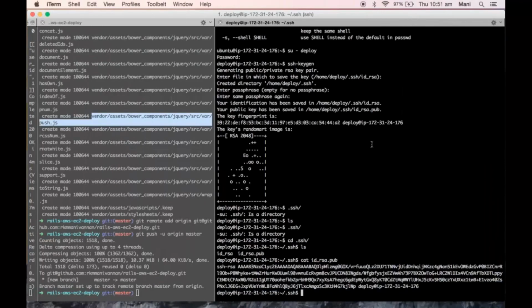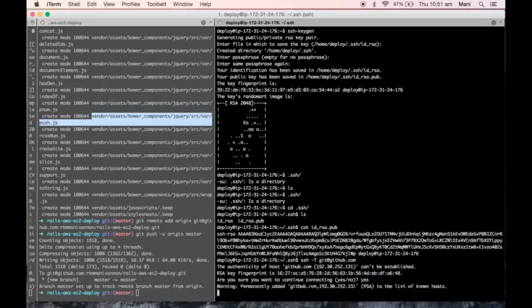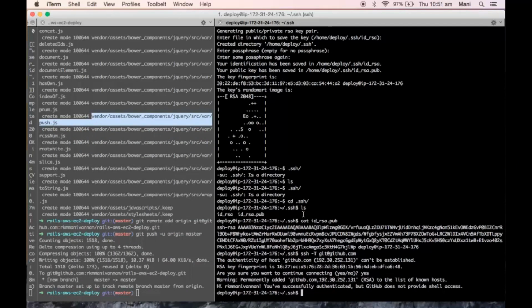Now we need to check whether we added our SSH key successfully or not. This is a small command. So here it is. Hi RK Manivannan, you are successfully authenticated, but GitHub does not provide shell access. So we added our SSH public key into GitHub, and we verified that it is added. Now everything is fine.